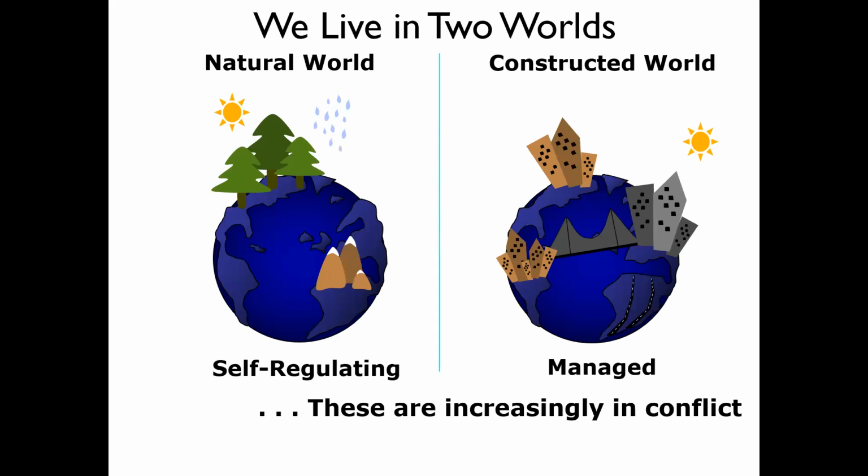Right. Now let us slowly come back to spatial data science and talk about these two worlds. So what you see on the screen are two worlds. We all know about the natural world. The natural world is often self-regulating. The various features or various observations in the natural world, they regulate on their own.